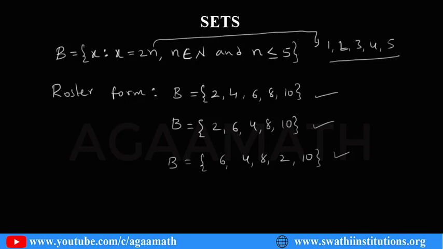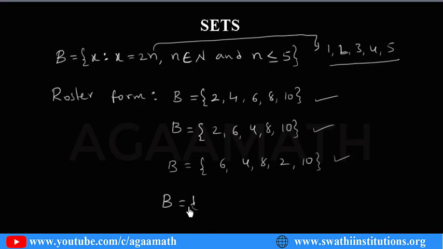And one more thing you have to remember, whenever you would like to write into the set, and when you list the elements, right? So B equals to 2, 4, 6, 8, 10. Again if you write 2, this is wrong. Why it is wrong means, in a set, no element is repeated. Element is not supposed to repeat.